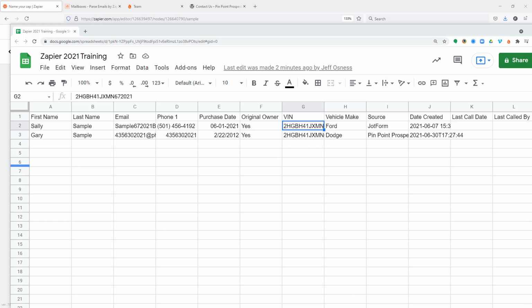And in this particular training, we are going to continue the setup and configuration of our Zap that allows us to take contact information, lead information that was emailed to us, parse that out, pull that out of the email, and then zap that over to PhoneBurner. At this point, though, we've gotten that information into a Google spreadsheet so that we could track these leads as well as capture any duplicates